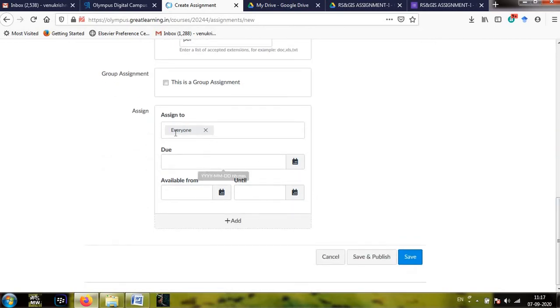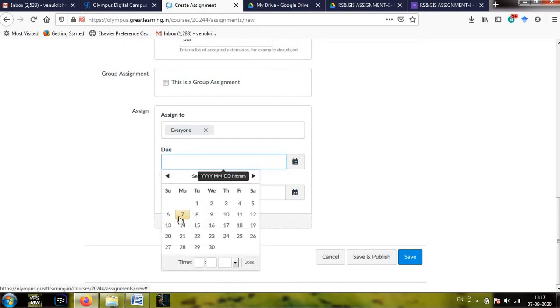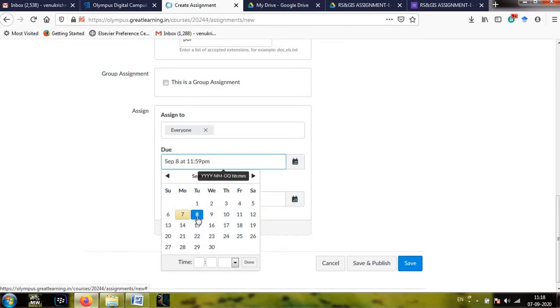Okay, next assign to everyone. Next due date. As today it is 7th September, if you want to give 1 week time, then you need to click on 14th, but I want to give this assignment only the last date as 8th, so I'm clicking on 8.